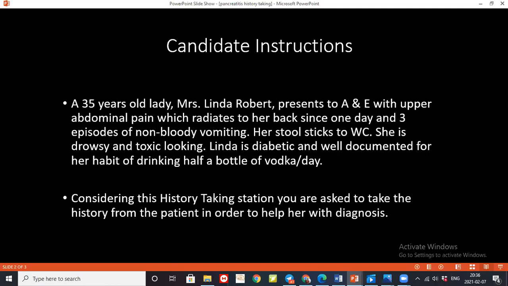I would like to summarize my case now. Today, I took a history of a 35-year-old lady who drinks a lot every day, vodka, and she has been having abdominal pain for the past 6 months. The intensity has increased over time, and now the pain, according to her, was about 8/10, which is very severe, and it radiates to the back. The pain is located around the epigastrium and related to the back. She also complained about vomiting, and also complained that her stool sticks to the toilet when going to the toilet.